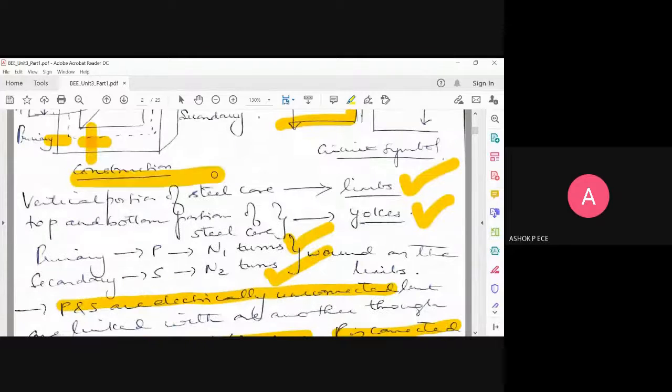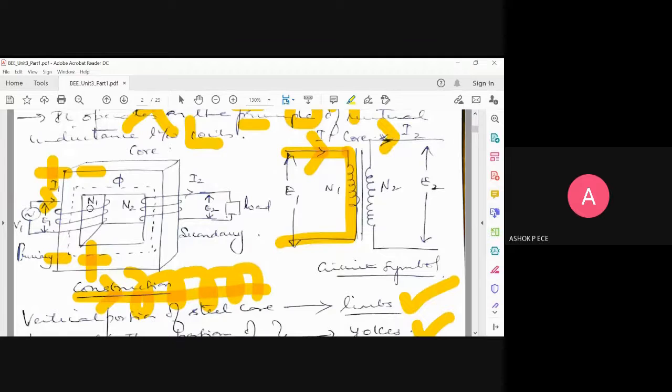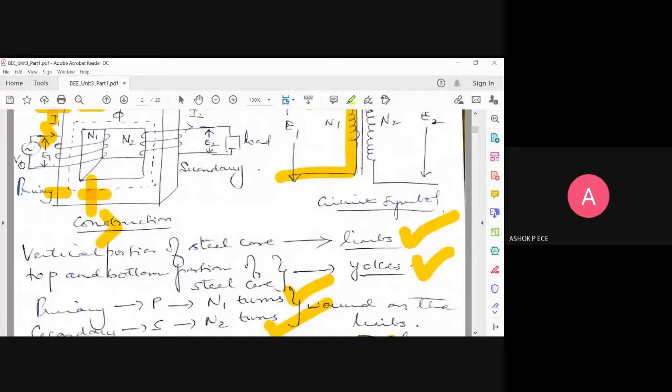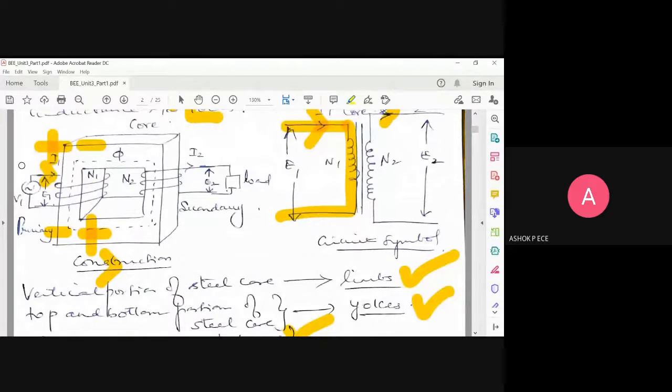Assume this is your wire. If a current flows through this wire, you will have magnetic flux created around it. The same thing is happening here because you have a winding. Assume that this winding is just like the wire, but instead of a straight wire, I'm going to have this wire in a spiral form. So the first step is production of a magnetic field because of the electromagnetic effect. And that magnetic field is also AC in nature because the input voltage is AC. Naturally, AC voltage produces AC current, and AC current produces an AC magnetic field.